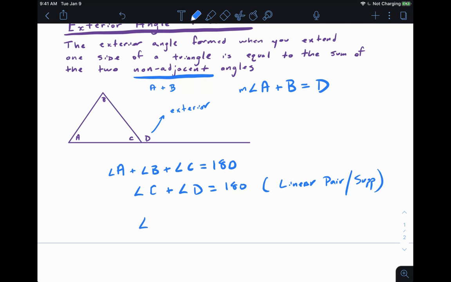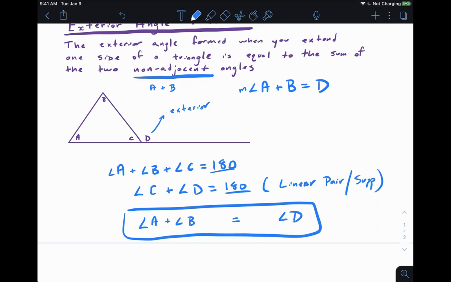It's just more confusing. So I'm going to set these equal to one another because they're both equal to the same thing. Substitution. Two things equal to the same thing are equal to each other, or the transitive property. Okay. So everyone see how I'm allowed to do that? They're both equal to 180, so I can set them equal to one another. And now I can rid the C. Now I can legally subtract whatever C was. It's 50 degrees. You're allowed to subtract it from both sides. And we're left with this, which is the exact same definition we had written up above.